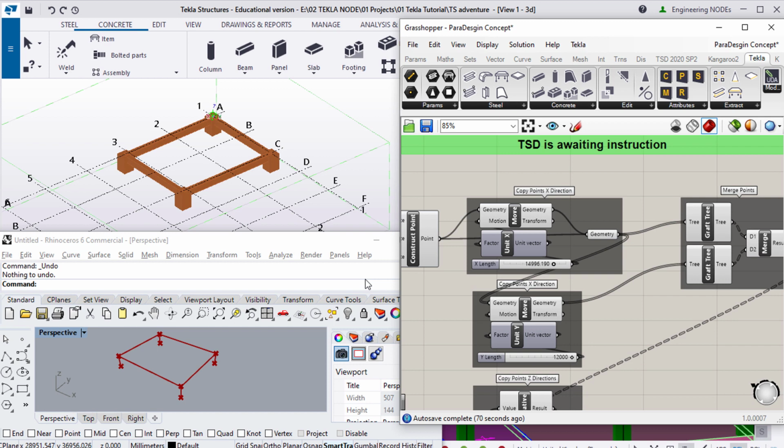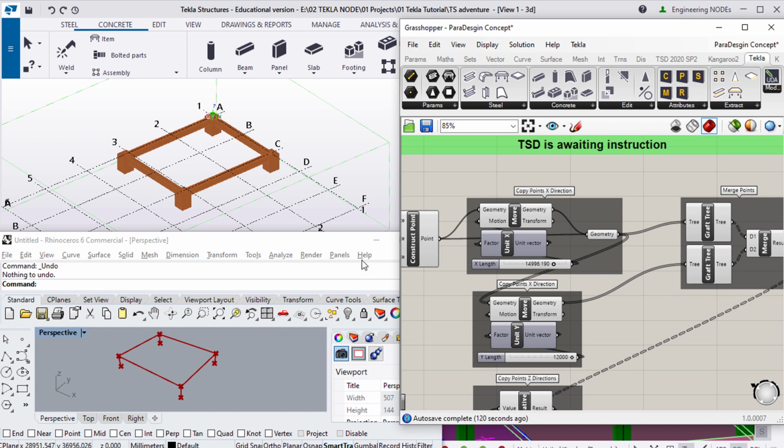In order to apply computational design, you gotta have number 1 is design software such as Tekla, Revit, structure analysis software like Tekla Structure Designer, ETABS, etc. And the second is the computational design tool such as Grasshopper and Dynamo. And number 3 is the plugin, corresponding plugin to connect with the main design software.